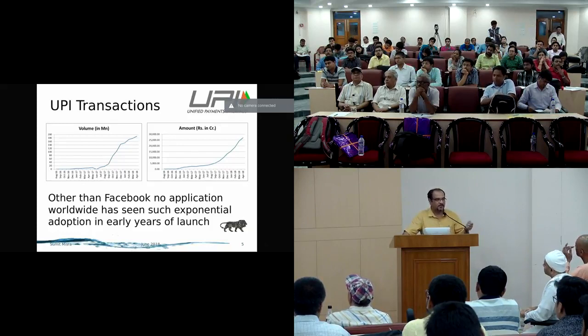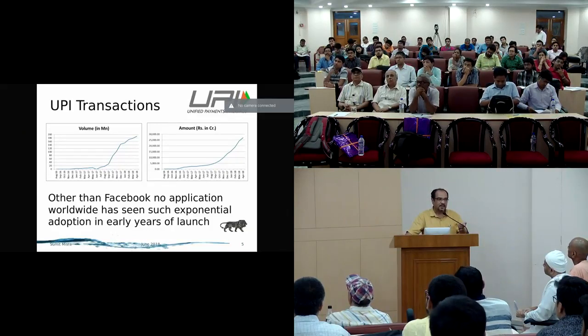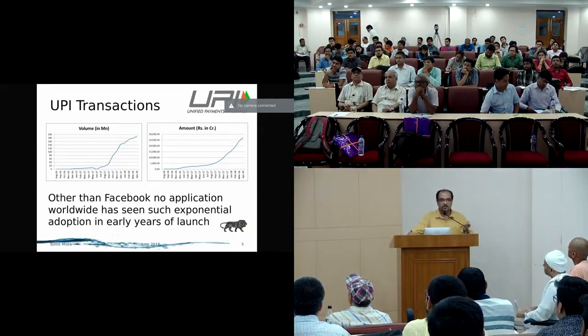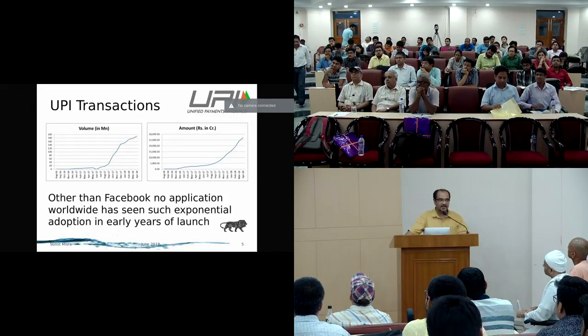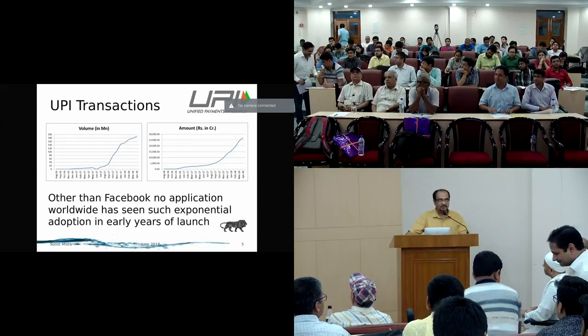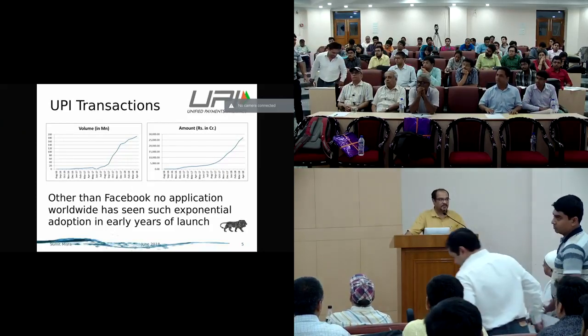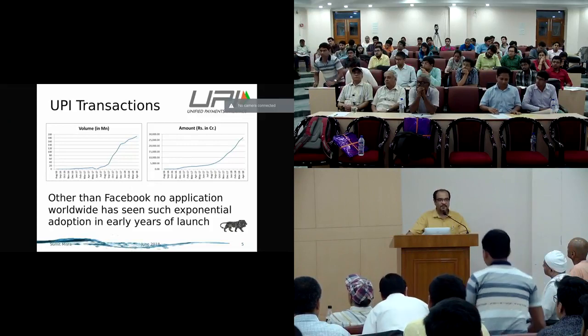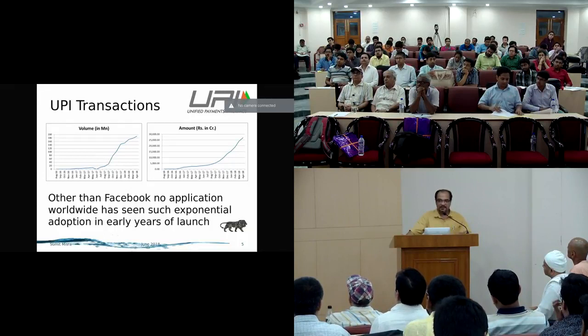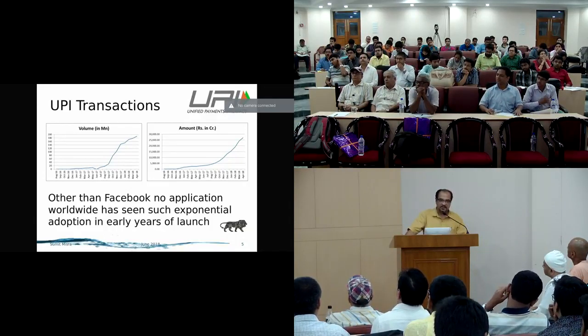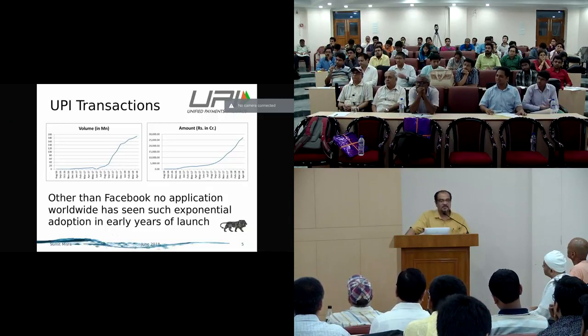Today using UPI, you can send 200 rupees, 2000 rupees, and today if you calculate the average ticket size, which is the amount that is transacted through UPI, it is about $21. Now this is soon going to rise as Tez and WhatsApp, which will release maybe in a couple of weeks, start providing UPI based transactions on their platform. And there is a high possibility that Singapore will start using this application,